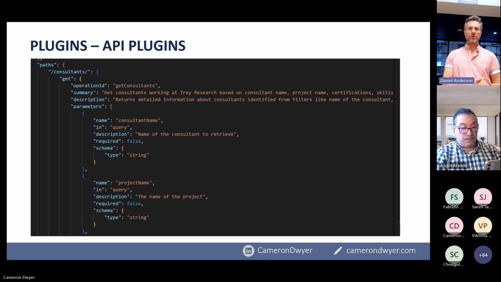Daniel, this is where I need your assistance to be amazing with technology. I don't know about that, but let's have a go. This one is a bit hard for me to demo live, so we've got a video that's going to run through a demo of these API plugins and how they work. So we just have to do some magic to switch screens here.